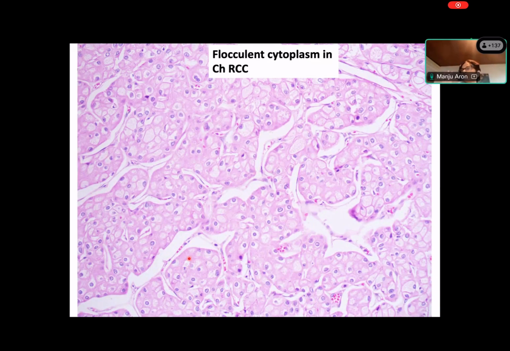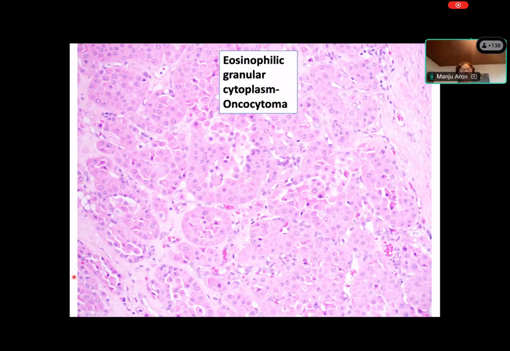So it's very important. Once you look at a pink cell, for example, you want to do a little more of a deep dive into the morphology of these cells, or look at the cytologic characteristics a little more closely. You'll see that in chromophobe RCC the pink cells have that flocculent cytoplasm, not very big granules, not densely granular. Whereas in oncocytoma, the pink cytoplasm is characterized by granules you can individually identify. So there's very nice eosinophilic granular cytoplasm. It doesn't have that clearing that is associated with chromophobe renal cell carcinoma.